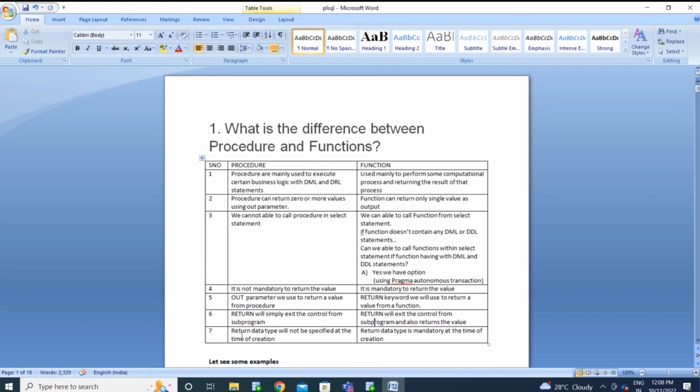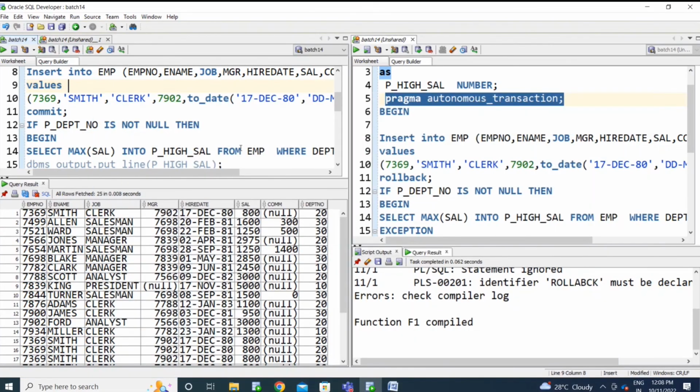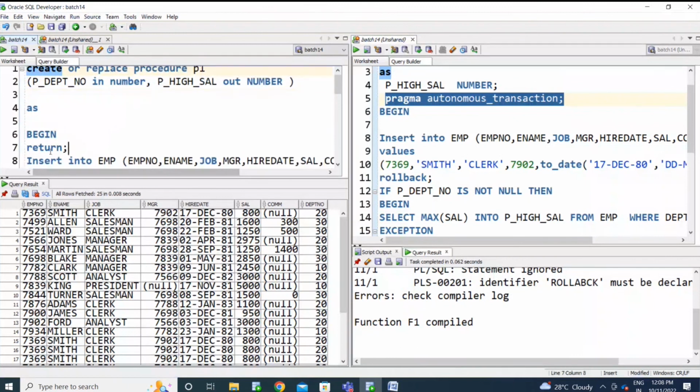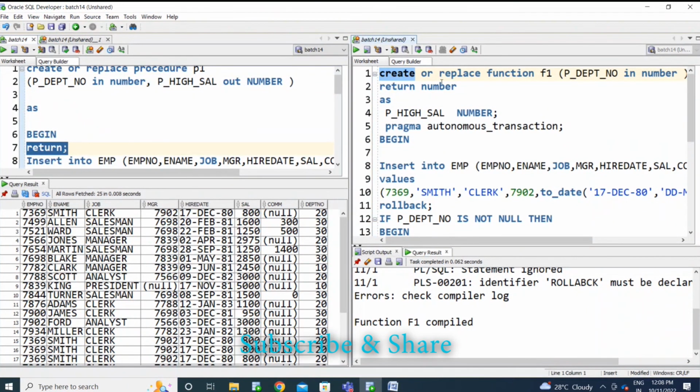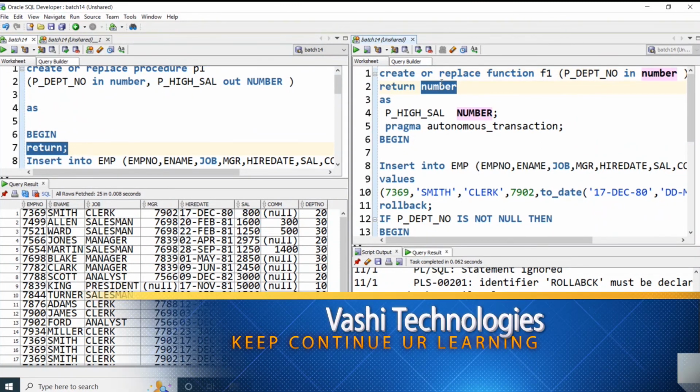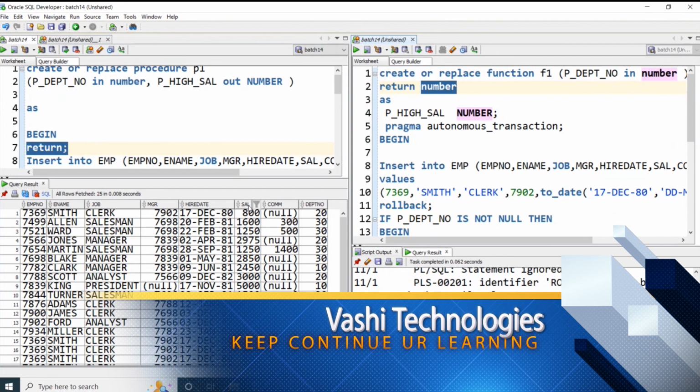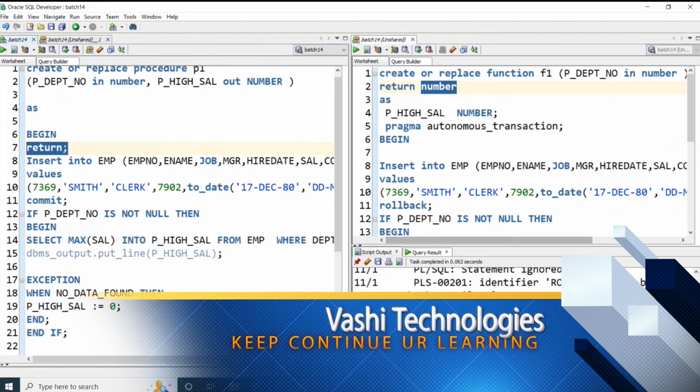The return data type is not specified at the time of creation. You haven't mentioned any return data type in the procedure, but in a function you must mention the return data type, it is mandatory. This is the difference between the procedure and function. Okay, it's very important. You can go with this, and we'll see